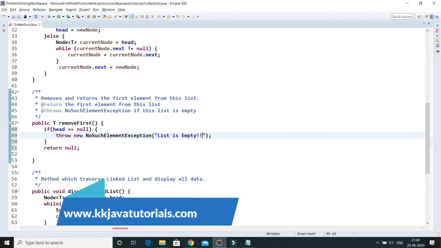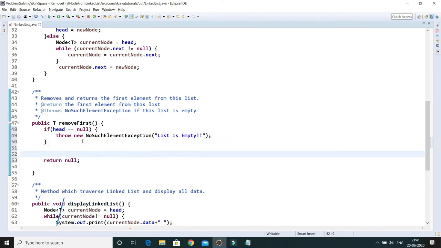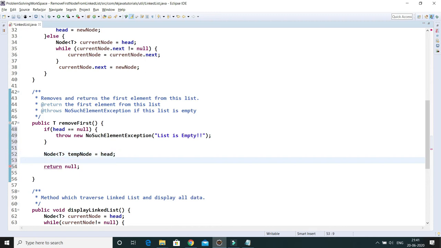So when you start coding, you should consider corner cases as well, right? Now if that is not the case, if there are some nodes in the linked list, then what you have to do, as already discussed, is create a temp node, and to the temp node I'll assign the head of the linked list. Now head you have to shift to the next node.